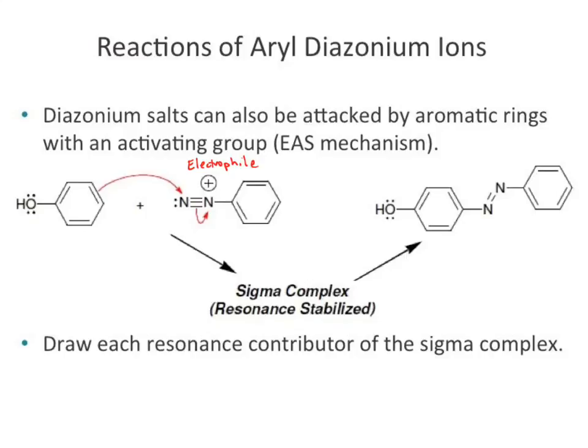What they're showing here is a brief sequence, skipping the sigma structure intermediates to show the EAS net result. Our phenyl compound acts as our nucleophile in our EAS mechanism. We generate our intermediates that are resonance stabilized, which then go through, we lose the hydrogen, and we get our tied systems. That results in that diazo,